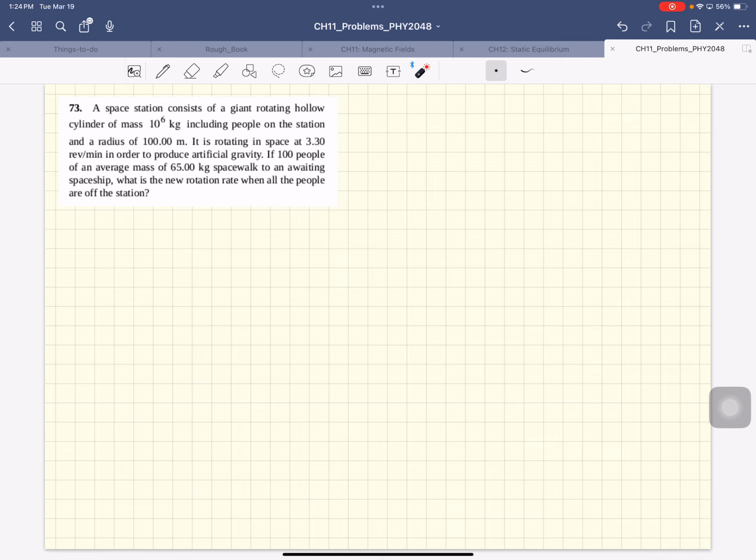Is it super fast and constant, like you can't stop, can it? Oh, if you want to switch off gravity, you just stop the spin. But let's say, because you said they're growing plants on it, right? Yeah, so it will be constant. All times. So what will happen is,